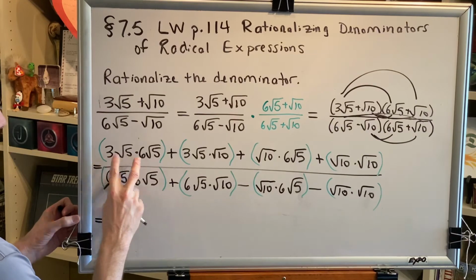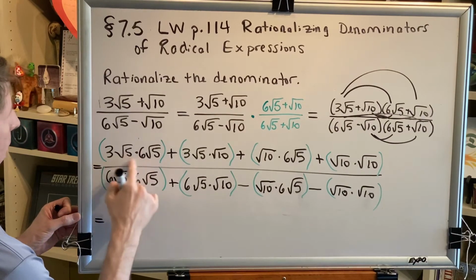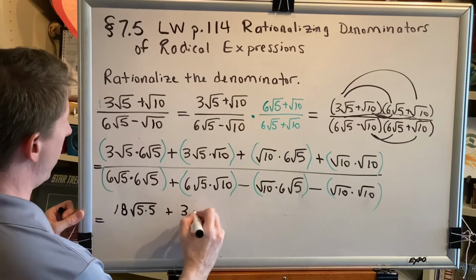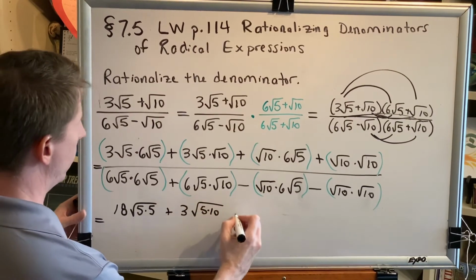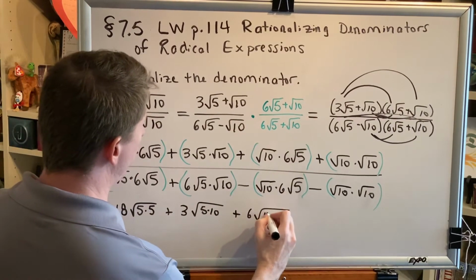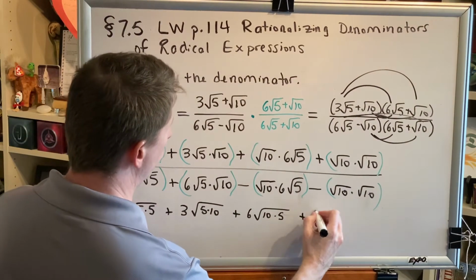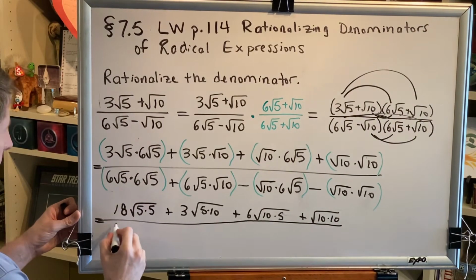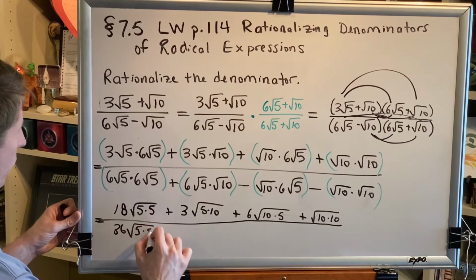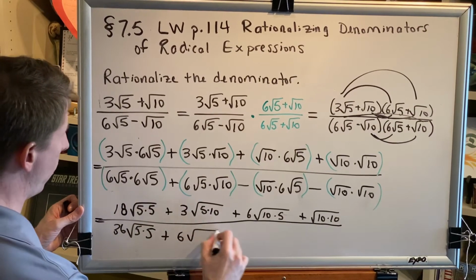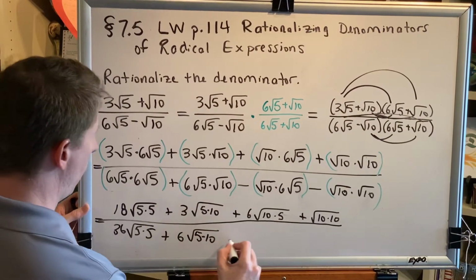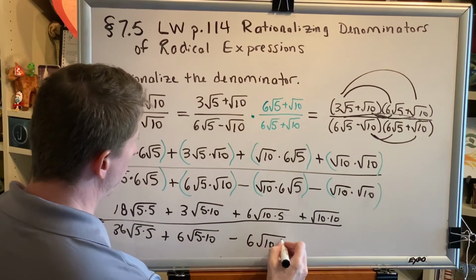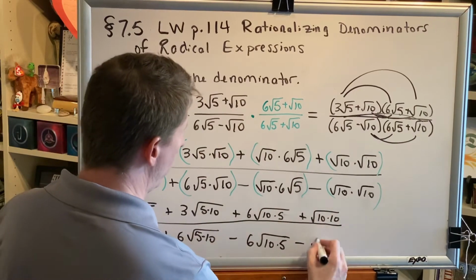Okay, now we start to combine. The outside stuff can be combined, so 3 times 6 is 18, and the radicals can be combined to make a square root of 5 times 5, plus 3 square root of 5 times 10, plus 6 square root of 10 times 5, plus square root of 10 times 10, over outside stuff. 6 times 6 is 36, square root of 5 times 5, plus 6 square root of 5 times 10, minus 6 is the outside stuff, square root of 10 times 5,